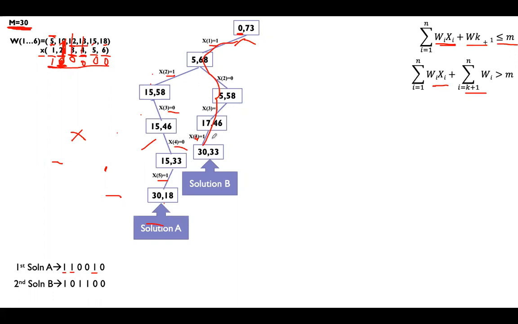See, again, for our lack of time, I'm doing the straight iterations, but you have to check for left conditions. Here again, you have to check: x4 we have stopped, x5 is equal to 1 you have to put and check. This condition will fail, you have to go back, and x5 is equal to 0 you have to put. All those conditions you need to check. For our purpose, I have just finished it fast.